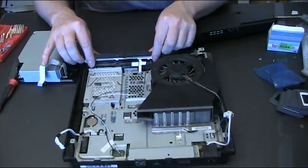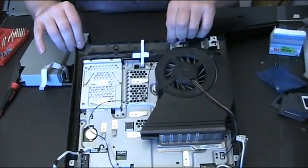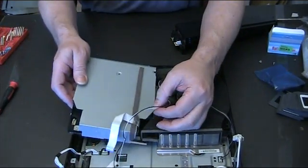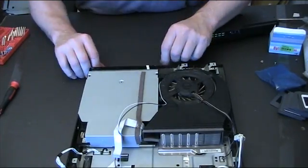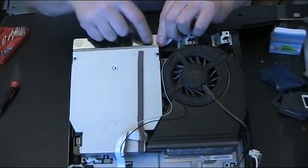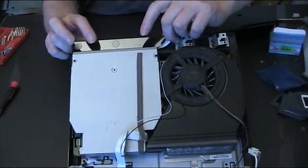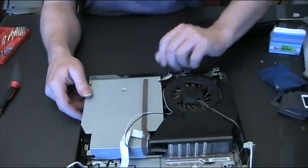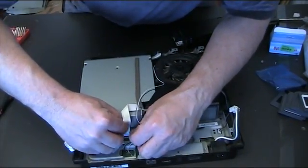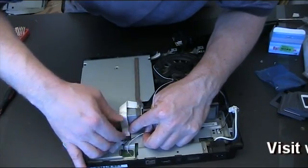Now next we have to make sure that the on off switch is lifted out of its position, and we can slot that in, put that back on the top. I'll just try and show you there, we're putting that back in. There's two little tabs there, and this slots into the tabs, and then the on-off switch comes down in on top of it. Now we need to connect the data ribbon to the motherboard, and it's the same principle. It's just a case of putting it into the slot and clipping it down,